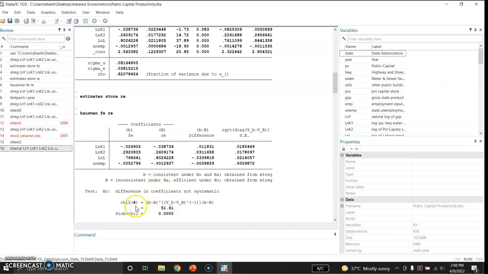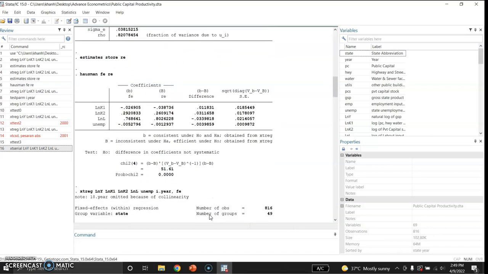Now the chi-square test value is 51.61 and the p-value is 0.000. So we reject the null hypothesis and we conclude that there are systematic differences in the coefficients of both the models. So we will use the fixed effect model rather than the random effect model, because there are systematic differences